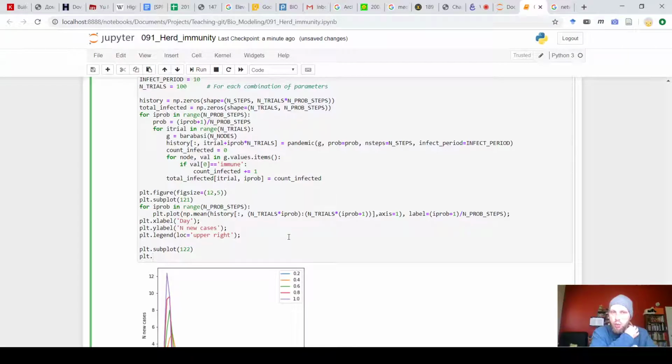So now we want the average number. Okay, plt plot. What we want to do is plot